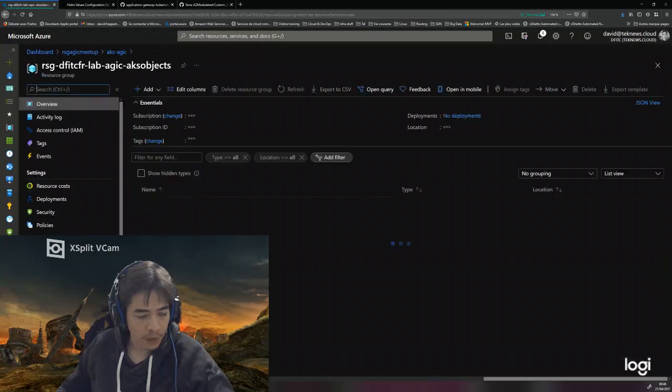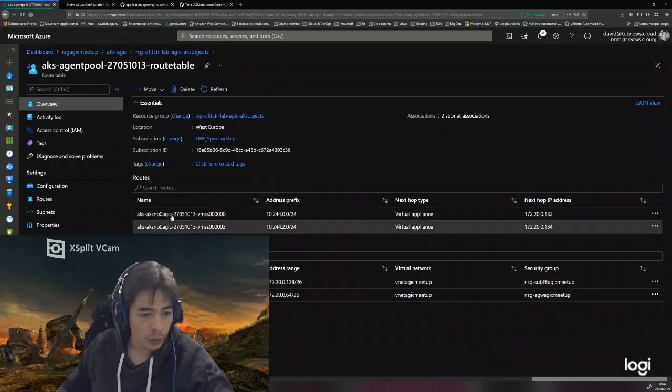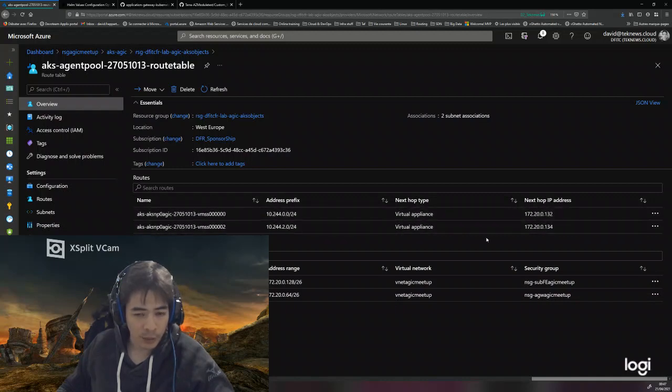Okay, so in the backend resource groups, you can see that I do have a route table, which, as I mentioned in the network definition, is automatically created by the AKS system at the deployment. This route is used so that the nodes are indicated as the next hop for everything that needs to reach the pod.